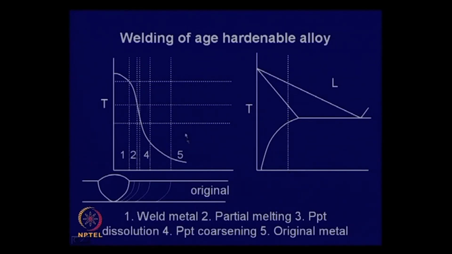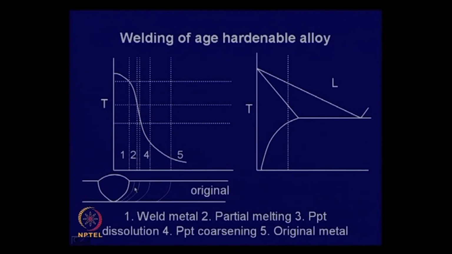So, here also you have to heat beyond the melting point. So, here also you can think of several zones. Obviously, this will be the weld metal, and there will also be a partially molten zone. This helps in mixing and bond formation, and it is also quite important that the base metal also should melt. So, therefore, you need to have matching electrodes,